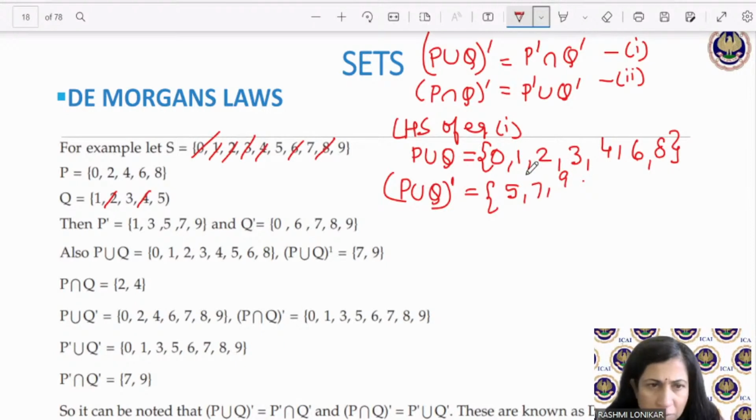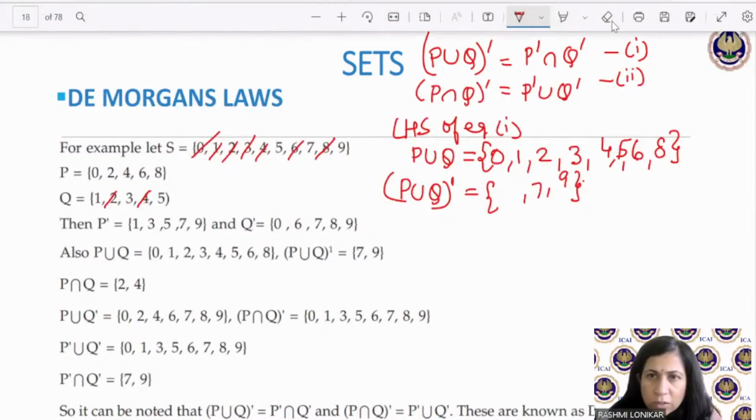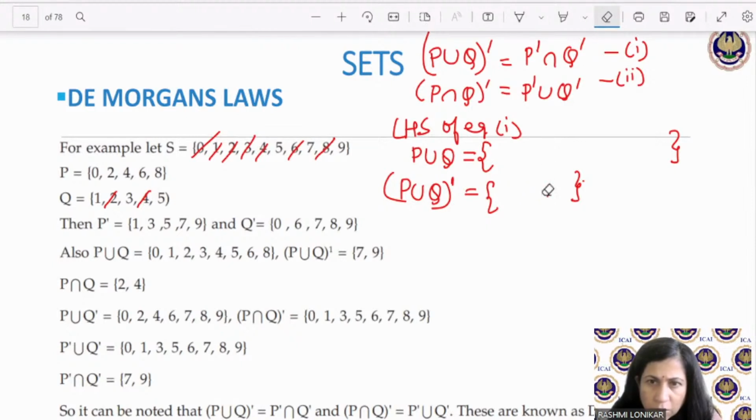Oh, 5, I have missed it over here. Okay, not 5 here. Okay, so this is 7 and 9. Okay. So I will show it to you again so that you get a better understanding. So here what I do is